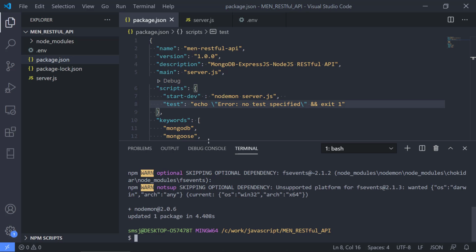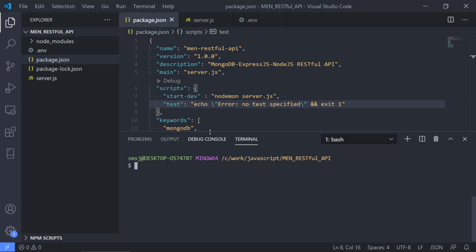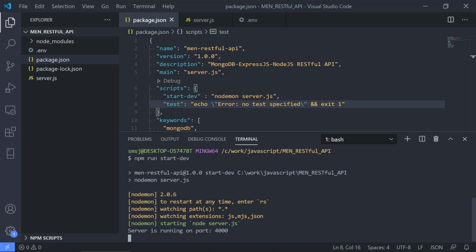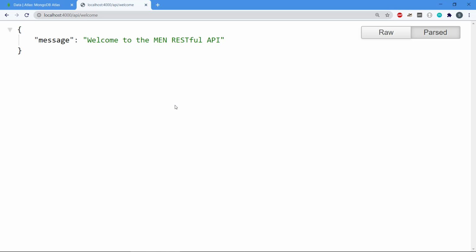So if we clear the console here and we do npm run start dev. So now I'm typing in the script's key, if we could say that, start dev. Okay, so npm run start dev. Then it's going to execute this command here, start Nodemon with server.js. And we can see that Nodemon has started up. It is watching all these extensions, JSON files. It is starting with the server.js. Okay, so we can see that if we head back here, we still have our REST API up and running,